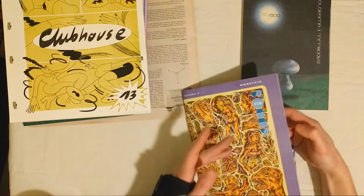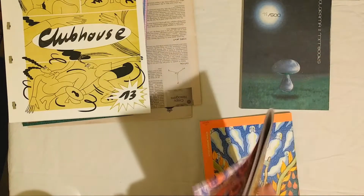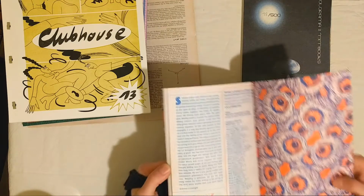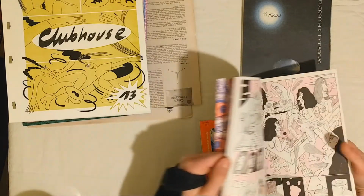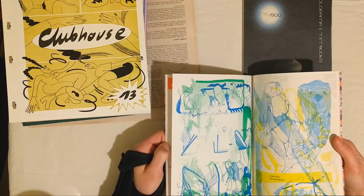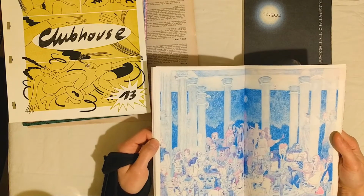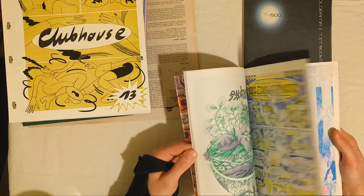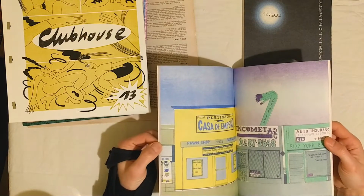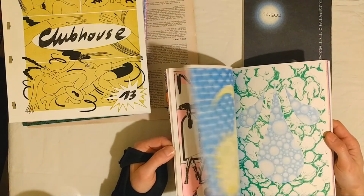But like this is called Wobby, and this is from Norway. I should have been more prepared. Netherlands. Yeah. But they do a great job. It looks like they focused on a color scheme, but never mind. These are all over the place. And apologies, I don't really know any of these artists' names. It's hard to keep up with international comics, but I try my best. There's just so many worlds of this stuff out there, you'd be surprised. When you start digging,